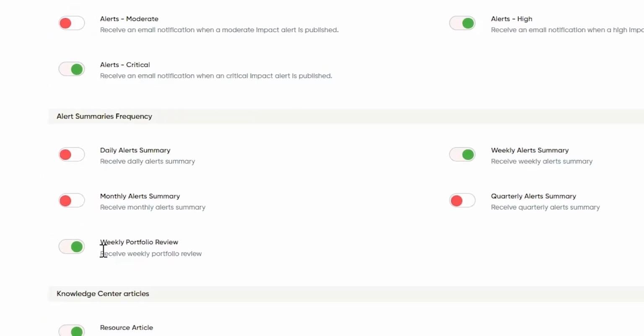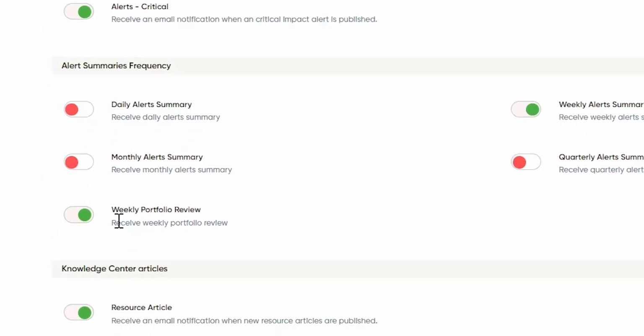Separate from those alert summaries are automatically generated weekly portfolio reviews. The weekly portfolio review will give you insight into trends occurring within your portfolio, whether it be an event type of a specific kind trending upward in recent weeks, or a particular supplier or location being most recently impacted by a number of risk events. This is your chance to observe trending and get some summary level reporting on the state of your portfolio.